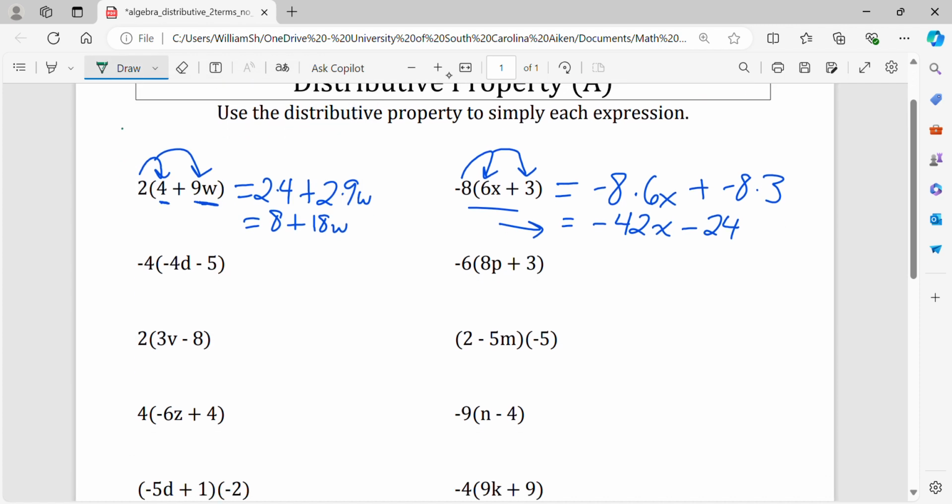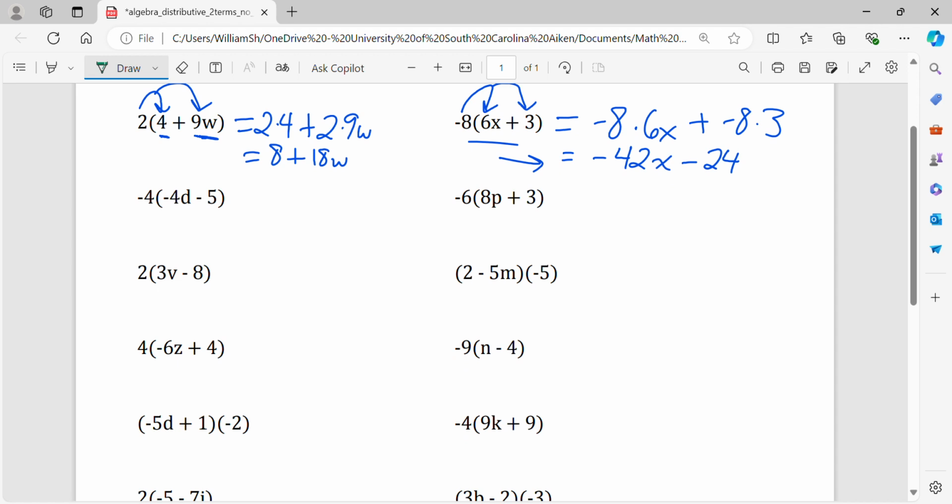All right, here I have negative 4 times negative 4d minus 5. I'm going to distribute the negative 4 to both of these terms. So negative 4 times negative 4d and negative 4 times negative 5. I'm going to write the whole thing out. Negative 4 times negative 4d minus, so